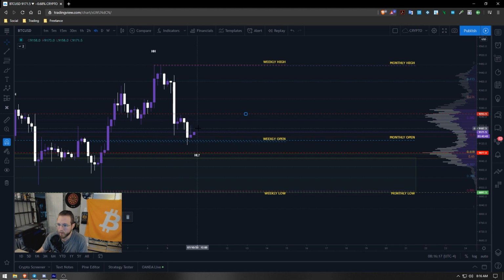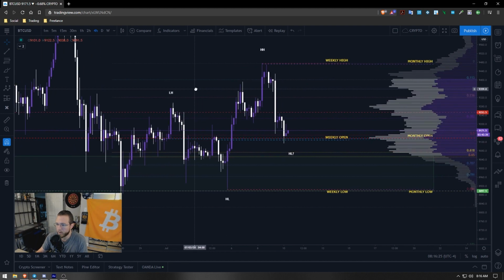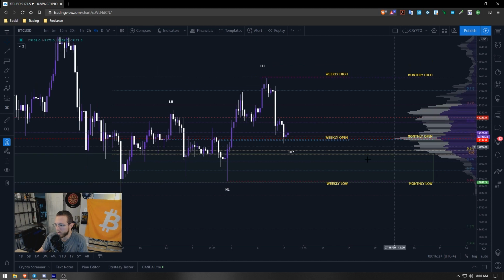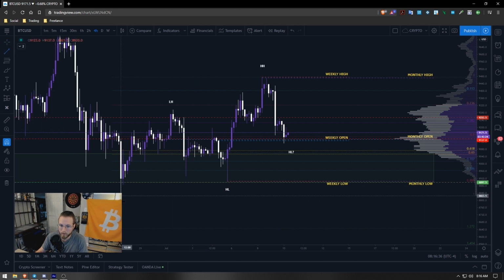You know, this was like a 3 and we're coming in for a 4 and then maybe back down for a 5. So I'll take a look at that in just one moment. But this, for the most part, is what I'm expecting to happen in terms of higher lows and stuff like that. We need to keep a higher low here, and we need to keep this trend line.